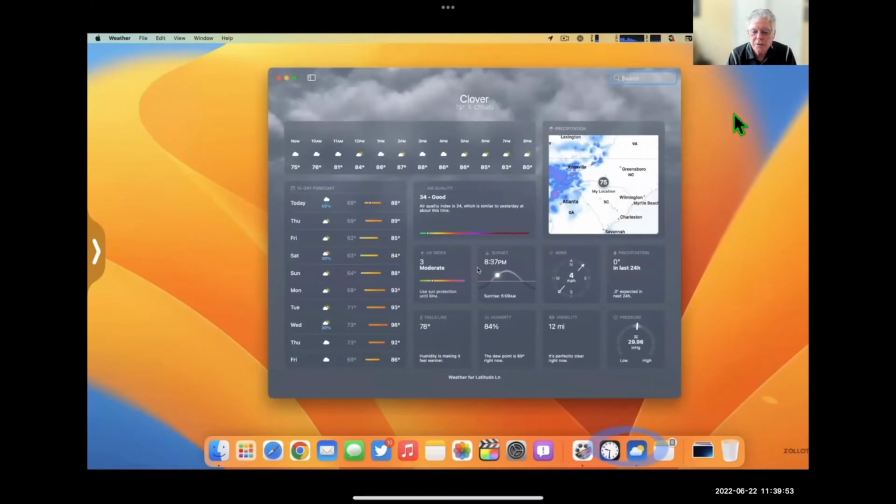Okay, then you're going to also get two new applications on the Mac. One is the weather application, which is shown right here. Now, I'm sure a lot of you know that Apple acquired Dark Sky a year or so ago, and Dark Sky, the app, is going to disappear, I think, sometime this year. But they've taken a lot of the technology from Dark Sky and enhanced their weather app,